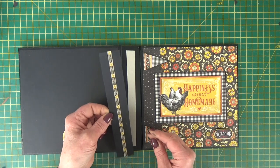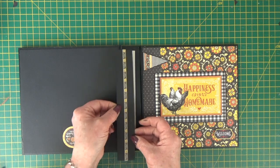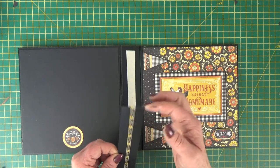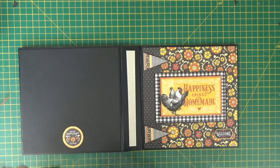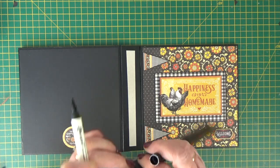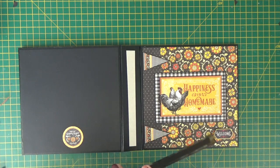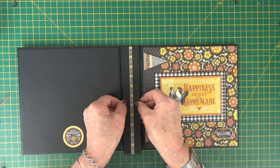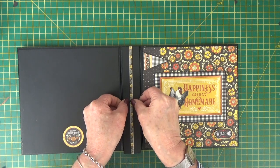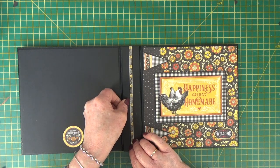And then the spine, I've used one of the stickers from the collection, long strip, and I've just run it over the edges so there aren't any cut edges. I'm just going to use my black pen just to ink the top and bottom edge. I've inked the edges of the sticker, and then I've put double-sided tape all around my piece, and I'm going to stick it centrally onto the spine,